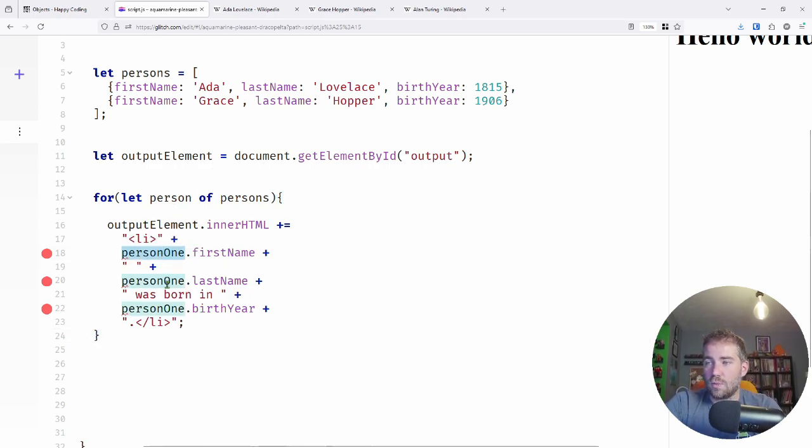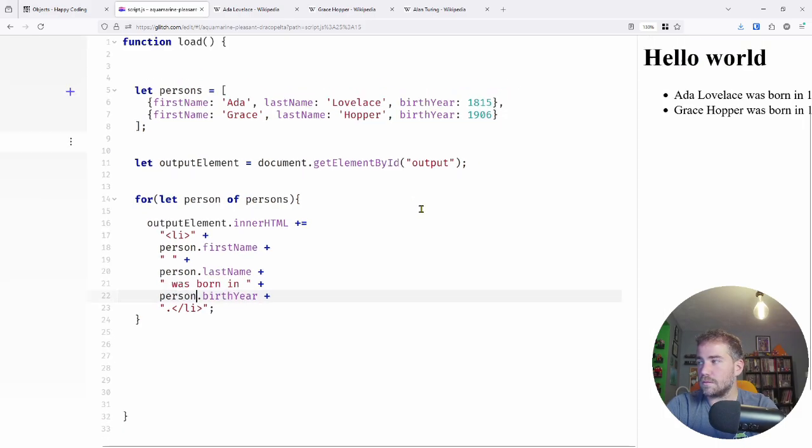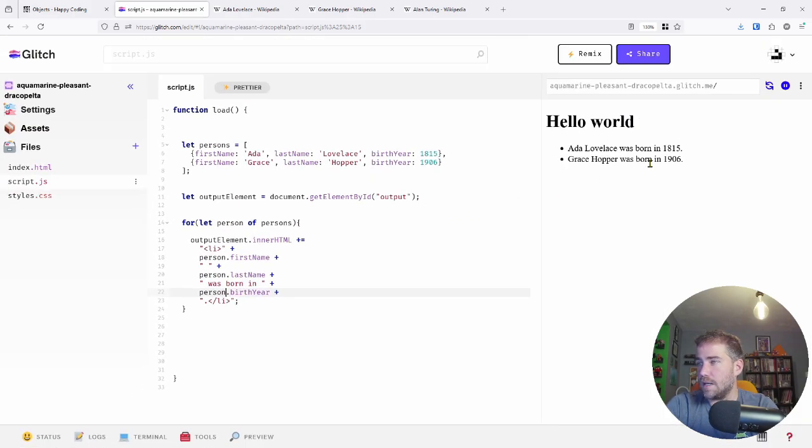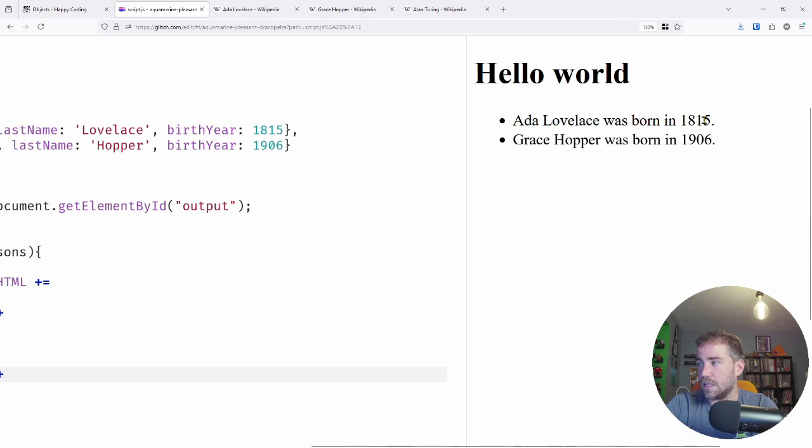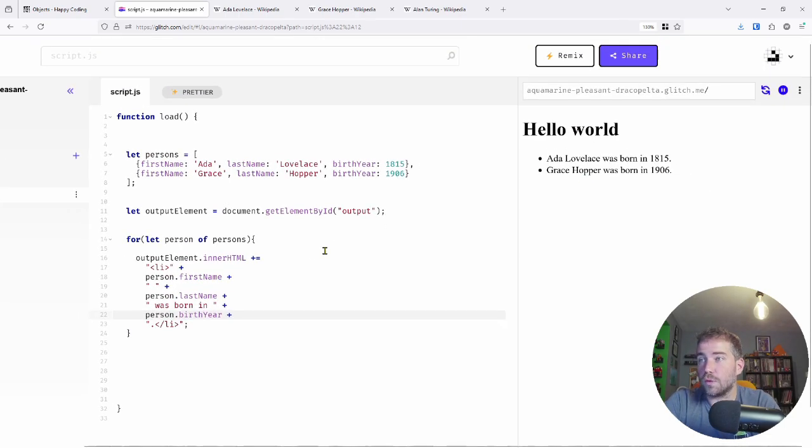So instead of person one, now I'm going to say person. And this is person. And this is person. And now my code is back to outputting the resulting HTML for each object. And now the power is that instead of dealing with a bunch of parallel arrays and making sure I have them in sync, I can add